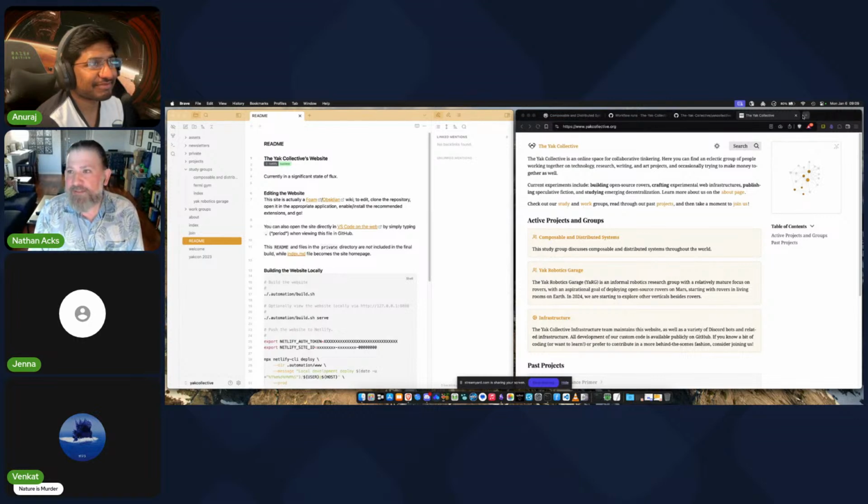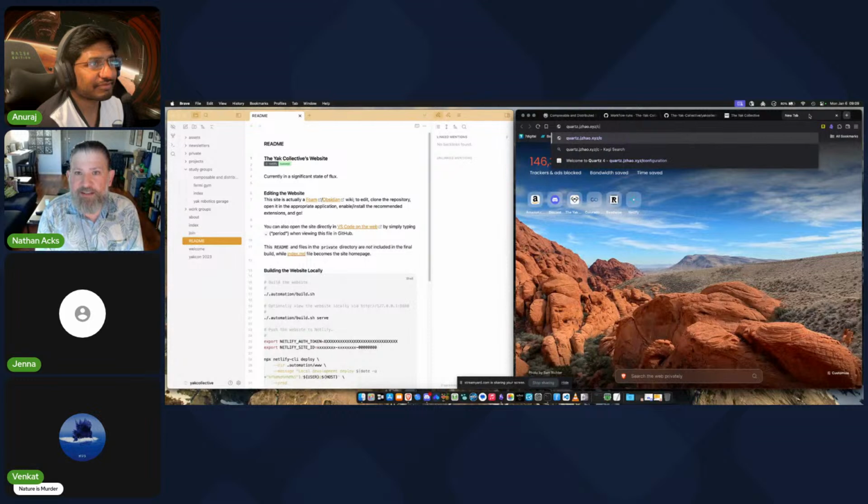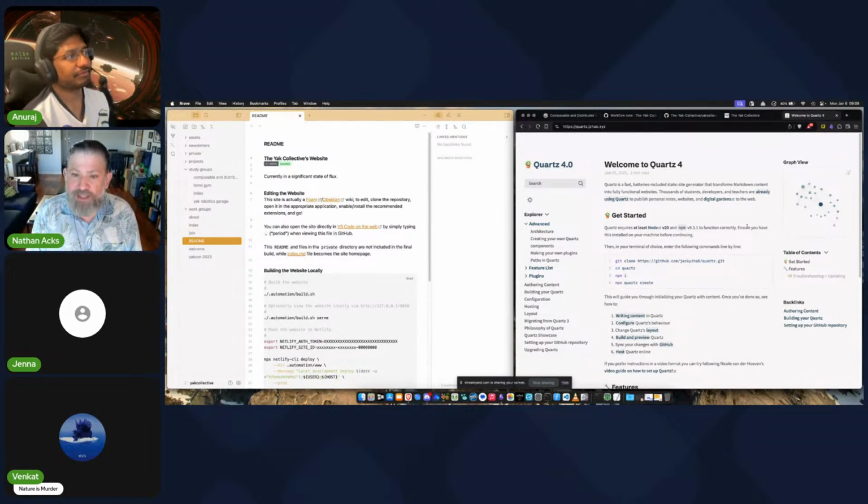So, the philosophy of Quartz. Quartz here is a platform. If you're familiar with Obsidian and some of the ecosystem around it, it looks a lot like Obsidian Publish. It was actually originally designed as an open source replacement for Obsidian Publish.